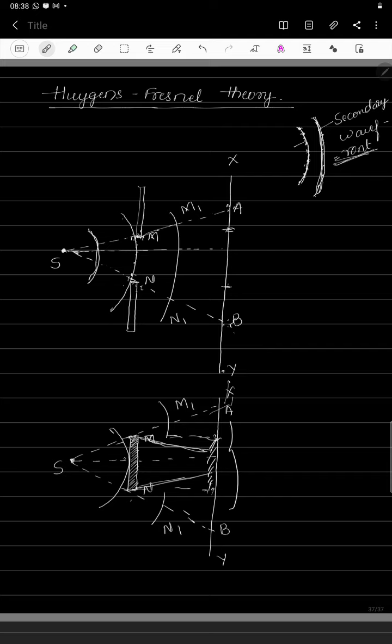The shadow region will be larger if the size of the obstacle is very big as compared to the wavelength of light. So in the second case the diffraction phenomenon is not going to take place, because the size of the obstacle is bigger. I hope this is understood. This is all regarding the basics of diffraction. Here we will end this, and in the next class we will go towards Fresnel's assumptions. Thank you.